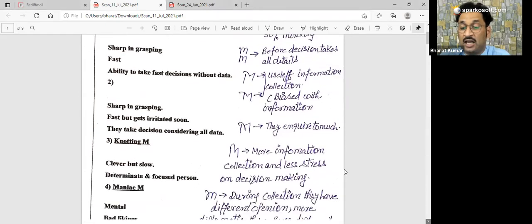these are very clever people, determinate and focused, but they are turtle-like people, very slow people. They will start their work and go on smoothly without any intention that something should go very fast. They don't bother about the time limit. This is the problem with all these people, that they never think about the time limit. This is very important.